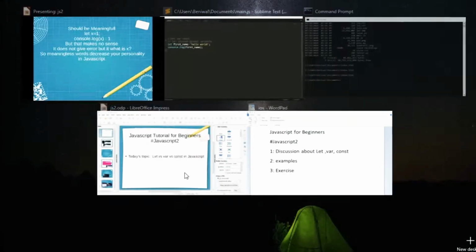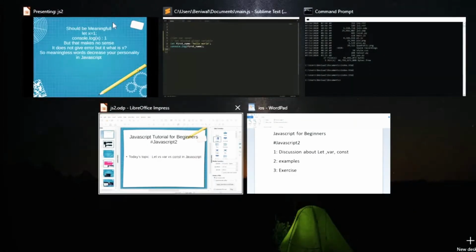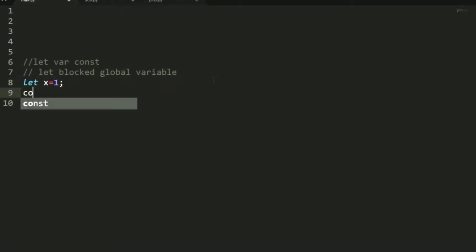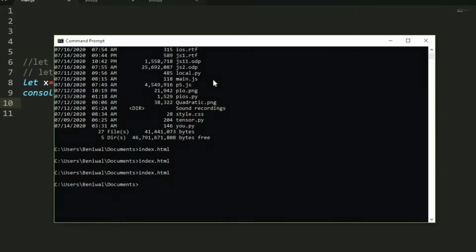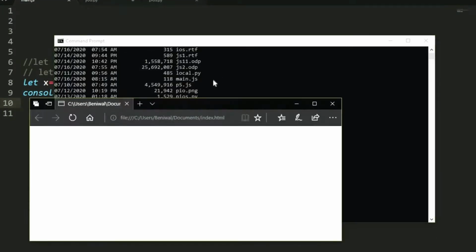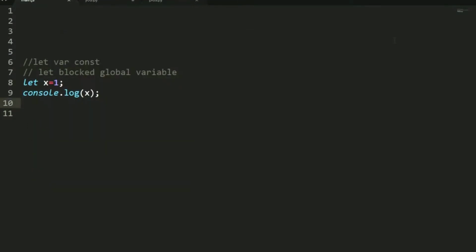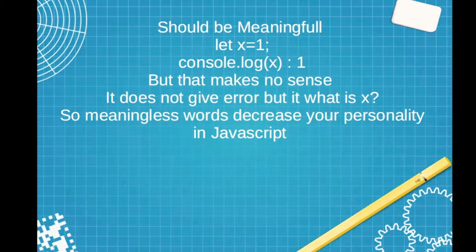I have explained this concept to you also. When we say let x equal 1, and then we say console.log x, and save this and go over to the command prompt and press F12, we got this one. We don't get any error, but that makes no sense.